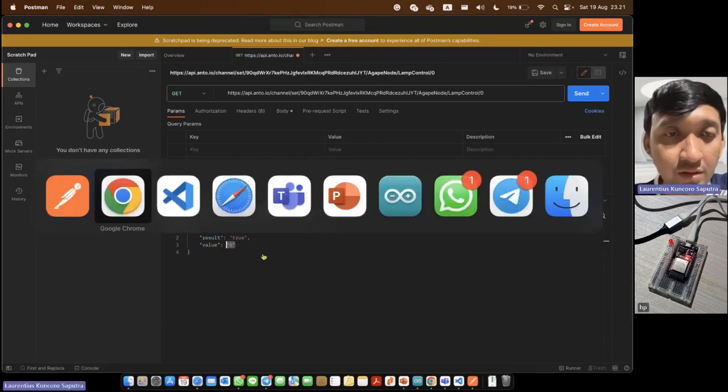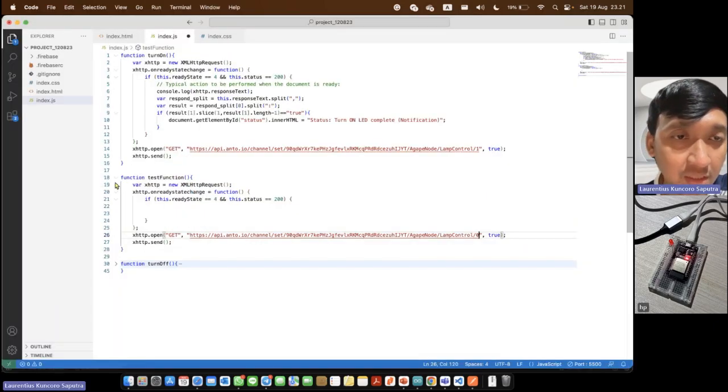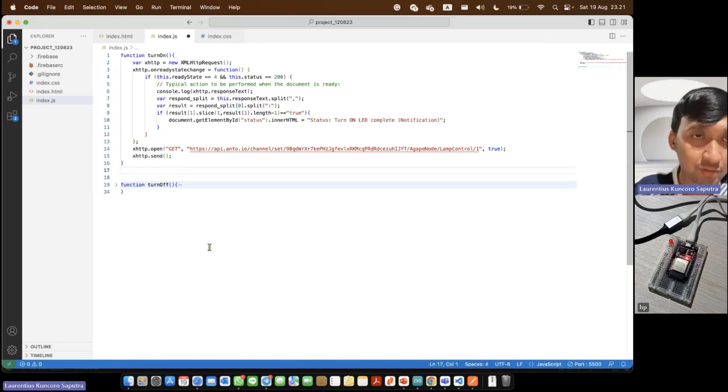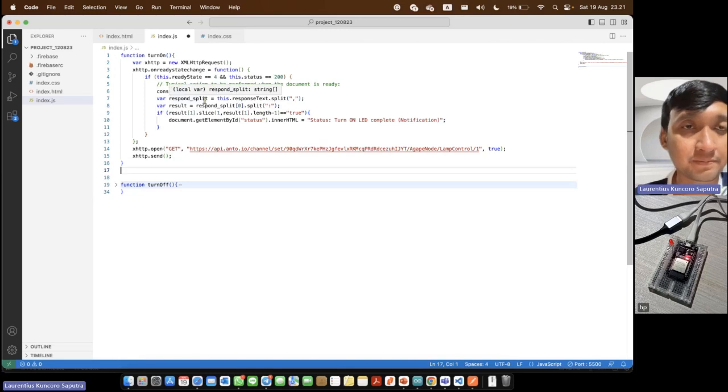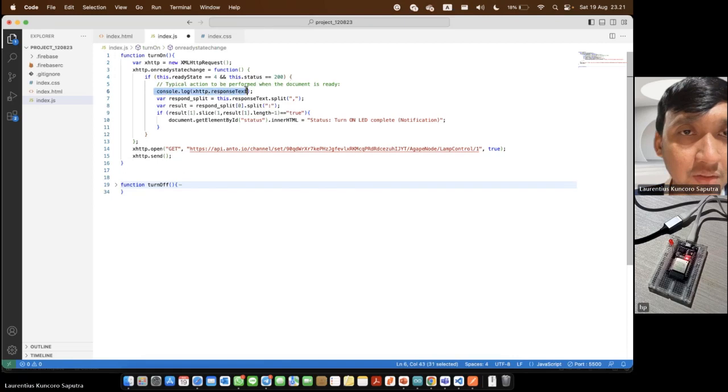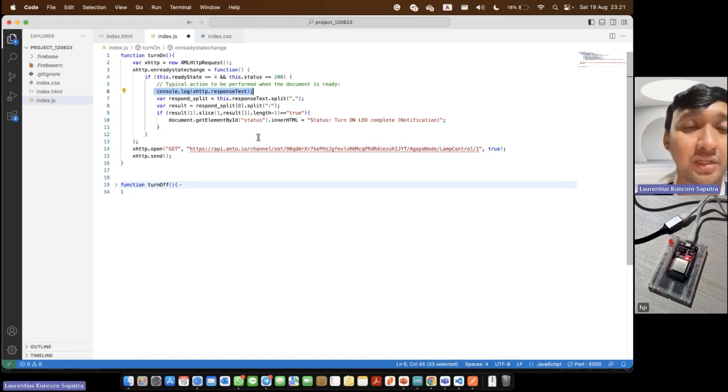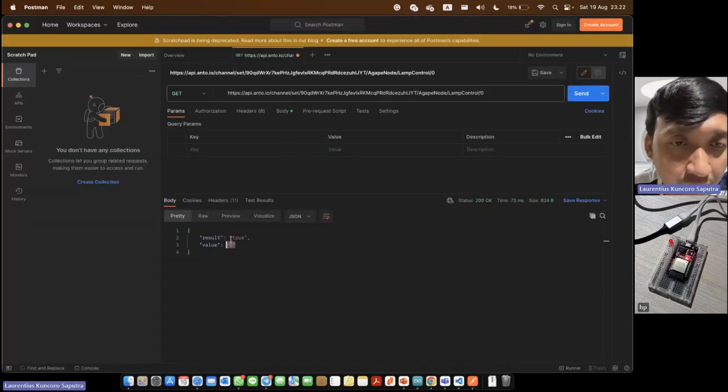Okay, for this purpose we can delete this code. We can focus on the code here. So we can write console.log to print the information from the Anto, and we can get the response text. First we split with comma. We can split two values with comma.